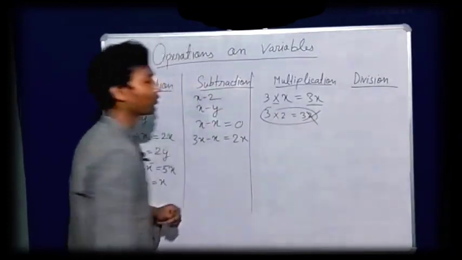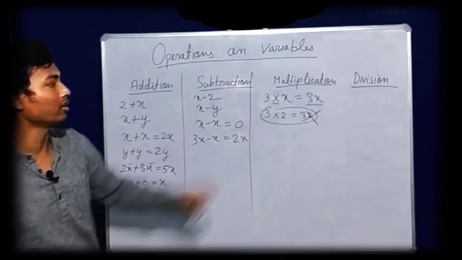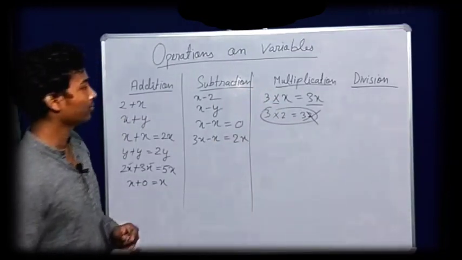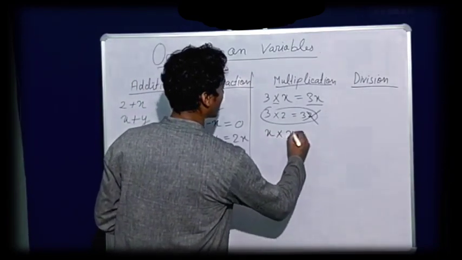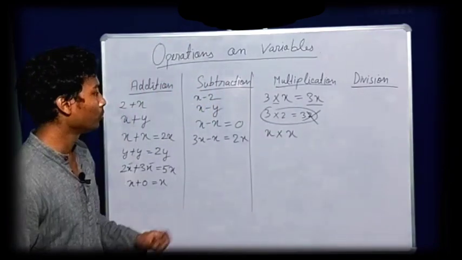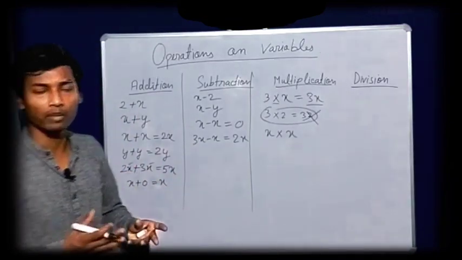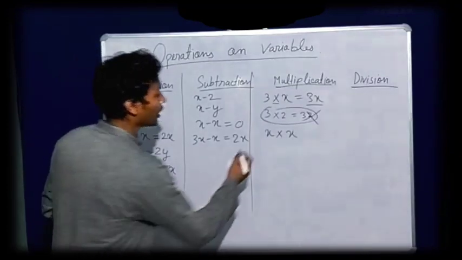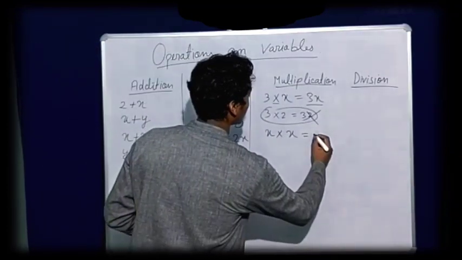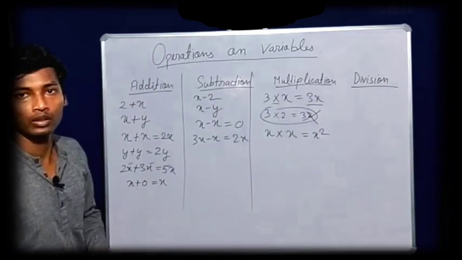This is not applicable for the constant terms. Only when we have a variable included, then we can write it as 3x. So if we have x multiplied by x, now we are just taking x and y here. Basically, we are not bringing in other variables. You can take a, b, c, d, any other variable. So x times x will give us x square, right?